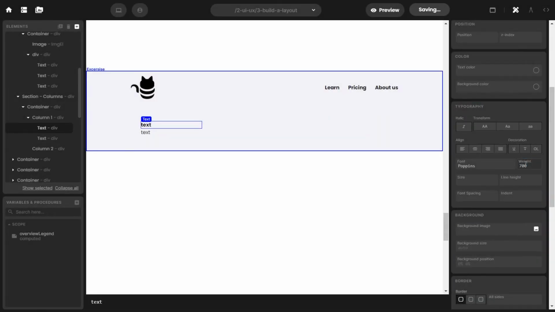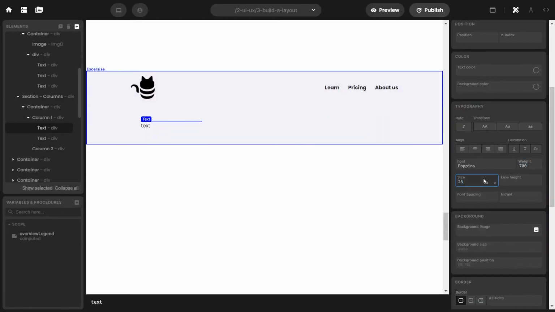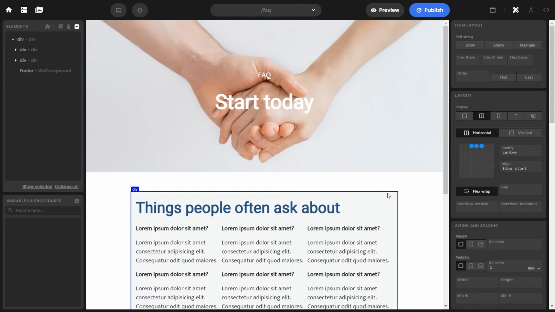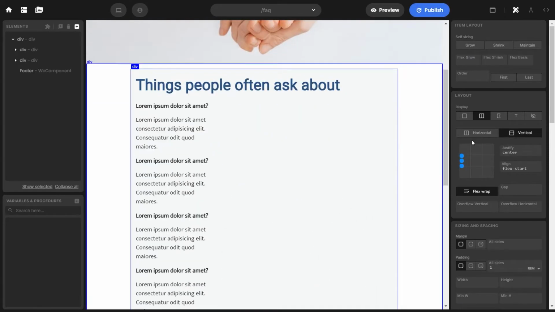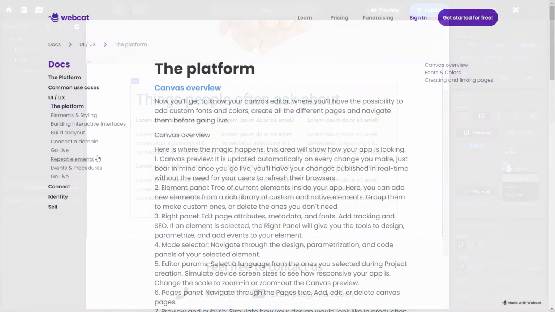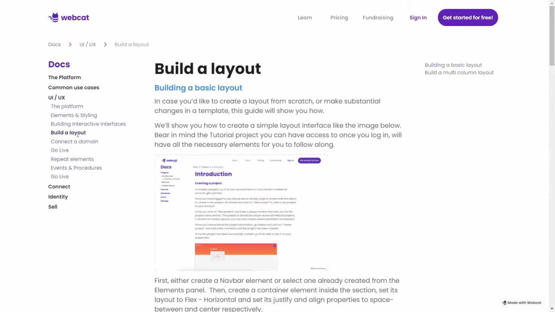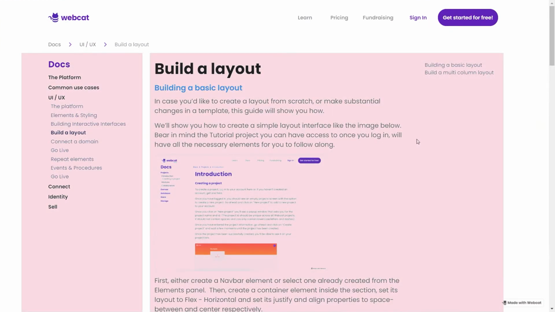With this tutorial, you learn how to build a layout from scratch. This will also come in handy whenever you'll need to make essential changes in a template. By the end of this tutorial, you'll have a simple layout interface like this, with 2 columns of content and